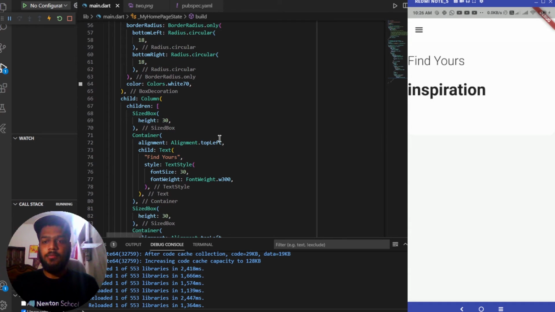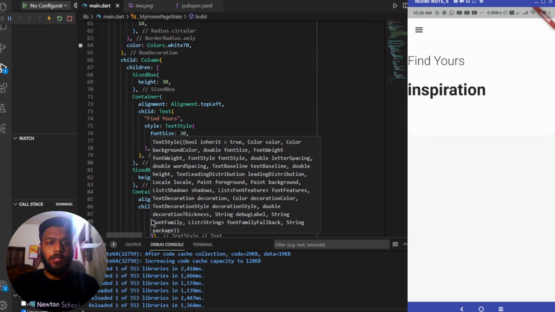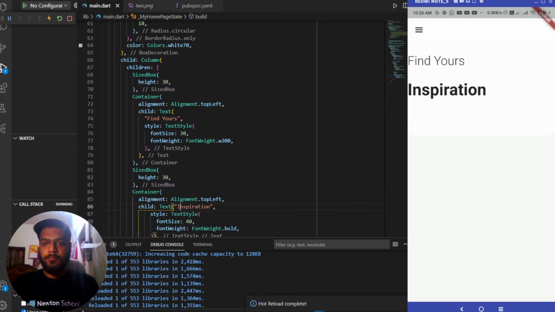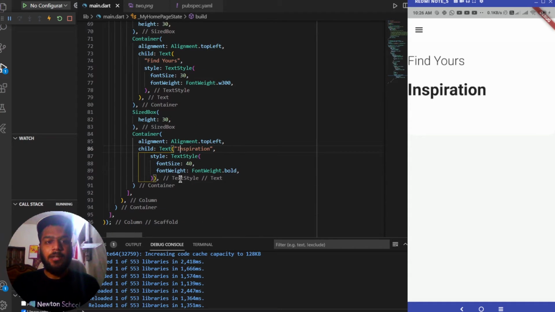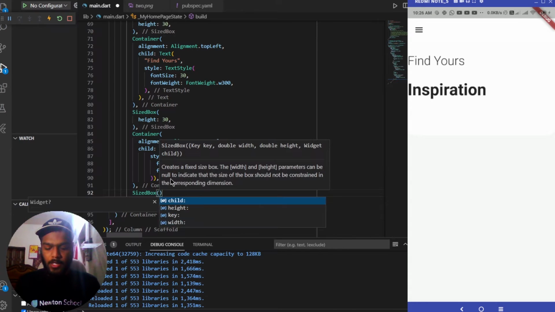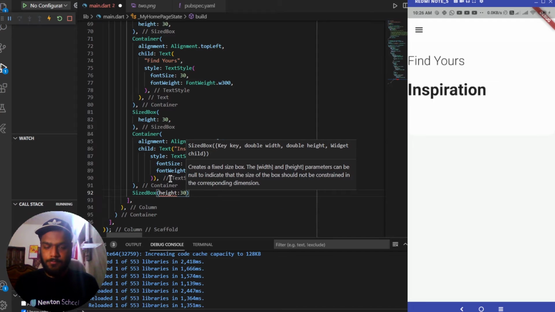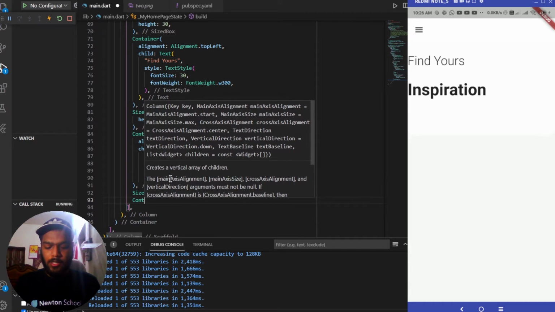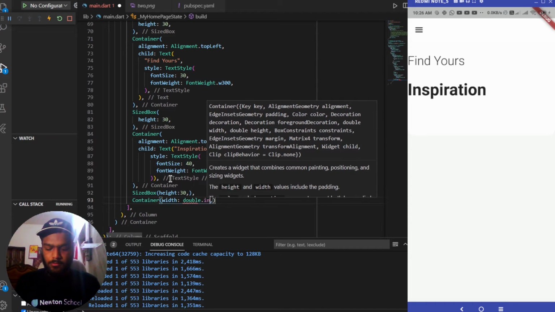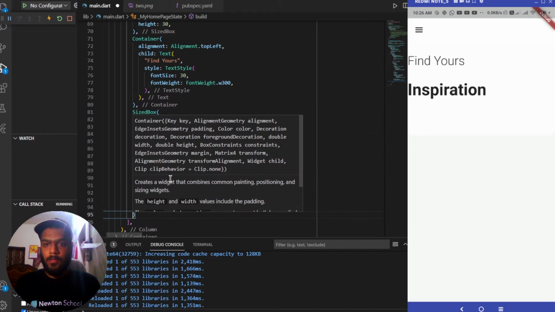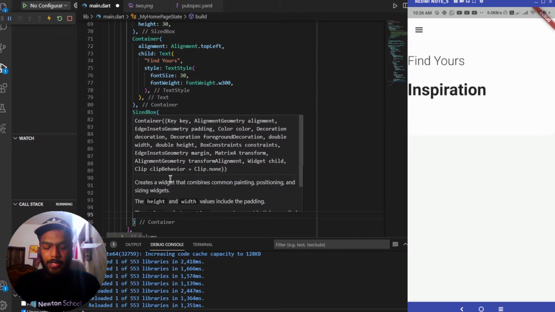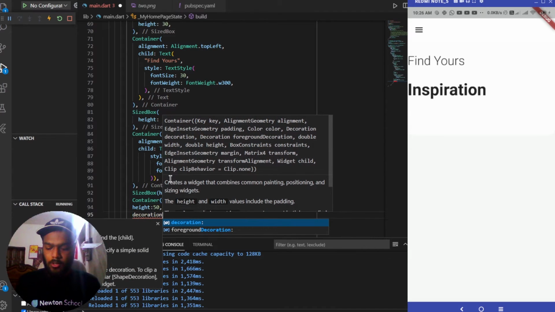So you can see that the Find your inspiration has appeared on the screen. Let me make this I a capital. Now adding another widget after this container. So it will be of type sized box again, and it will be taking a height of 30. And after this, adding a container with the width of double.infinity and height of 50. Adding decoration of BoxDecoration